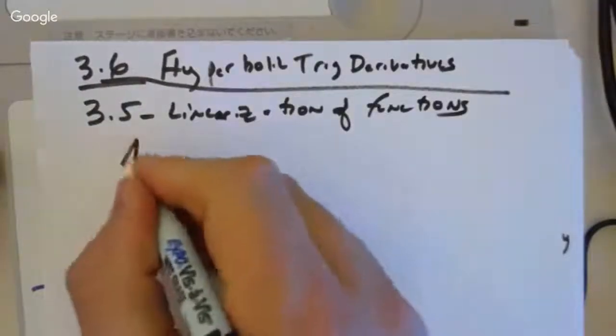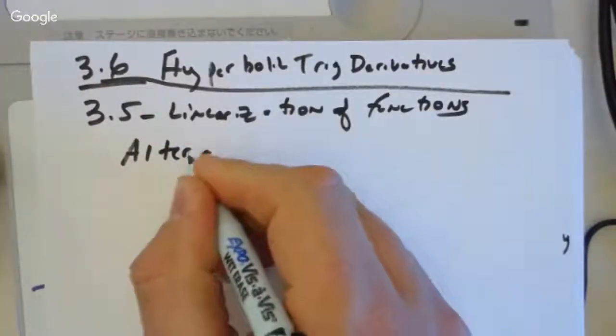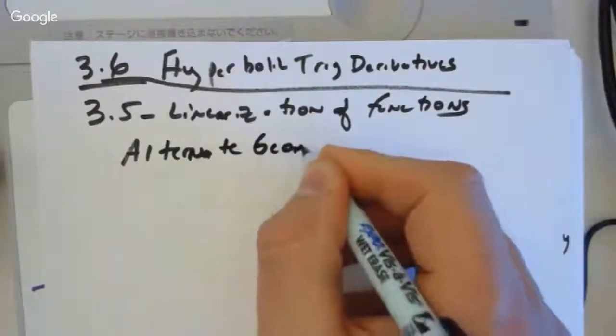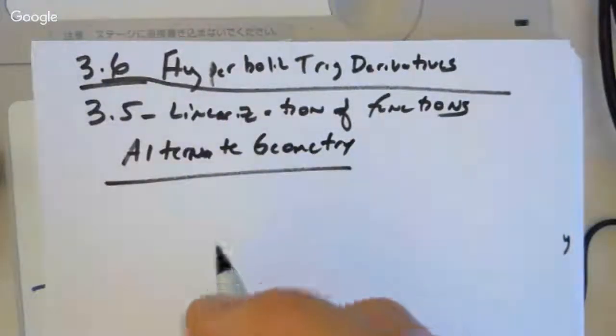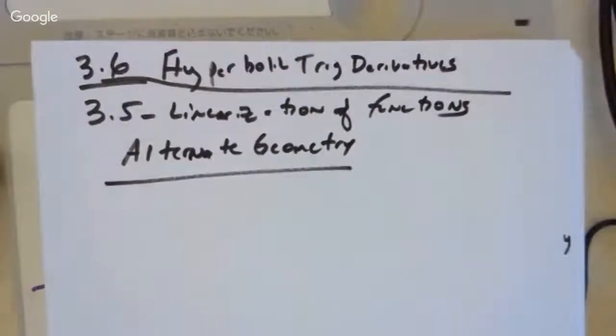All right, so we talk about alternate geometries. Okay, so you studied the boy named Euclid. Even though they may or may not have told you that on the first day of geometry, you studied Euclid's geometry. Euclid is a Greek who wrote down 6 postulates. One of those 6 postulates, for example, is that parallel lines never what? Intersect. All lines are defined, like segments are defined as the shortest distance between 2 points.